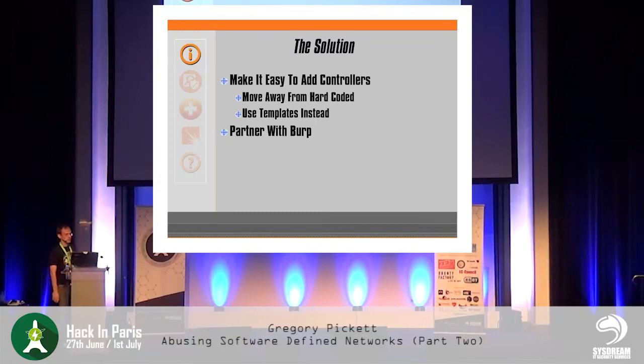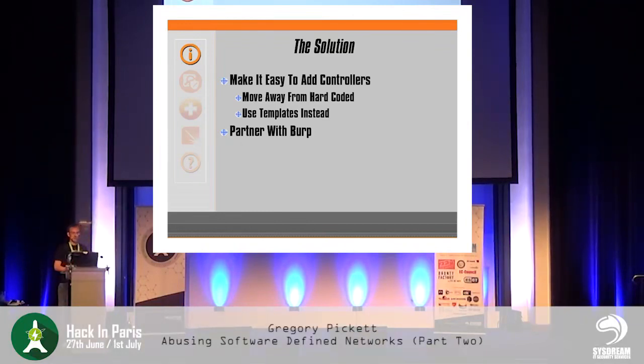Okay. So the solution then is to make sure it's easy to add controllers. So when these new controllers come up, you're able to just go ahead and start testing them as you've tested other controllers. All right. So that means moving away from hard-coded solutions. And I will say that the initial release of the SDN toolkit was hard-coded: Floodlight and OpenDaylight, right? So the idea then is to move away from there to a template-based system so that your tool is basically just interested in sending messages, right? So that all you need to do to extend it is swap out a template that is then sent to a different controller based on the different template.